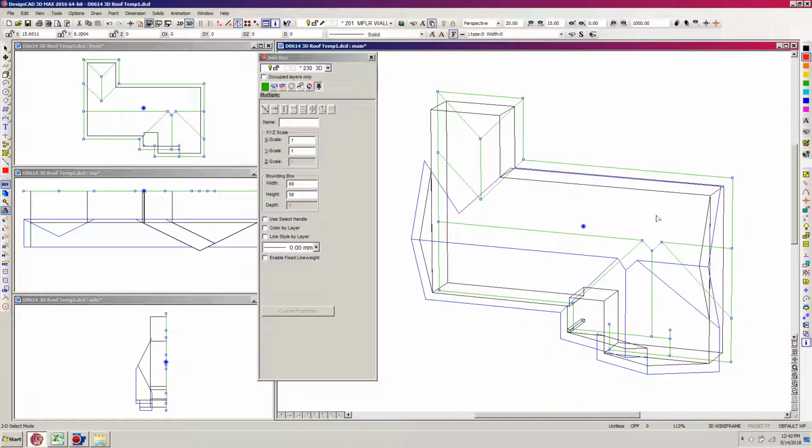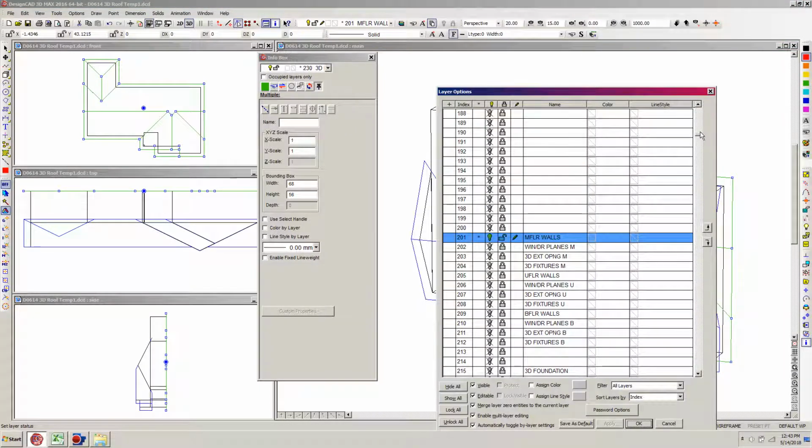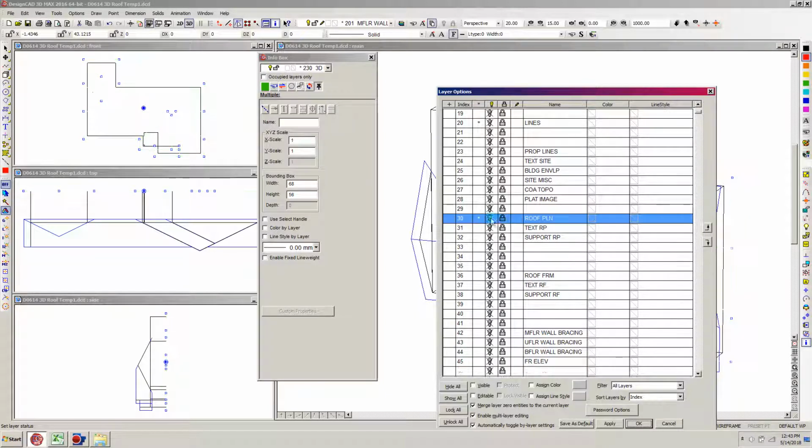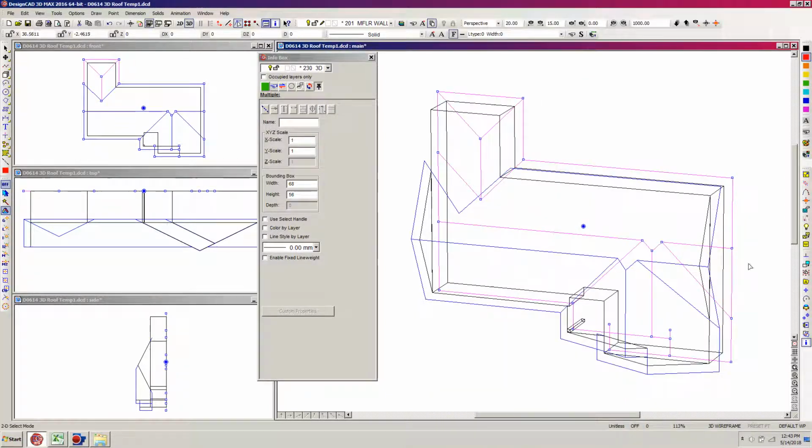And I'm going to set a handle on it, probably at this corner. Actually, maybe any of the corners I can use. First, I'm going to go to layers and hide layer 30 so we don't mess up our 2D roof plan. Click OK. And we're still selected, so I'm going to go over to set selection handles and click on that,